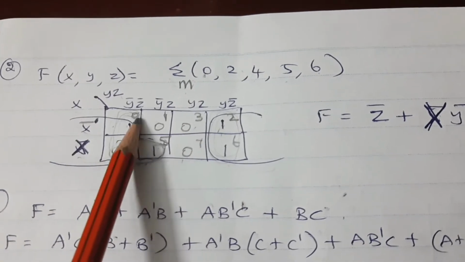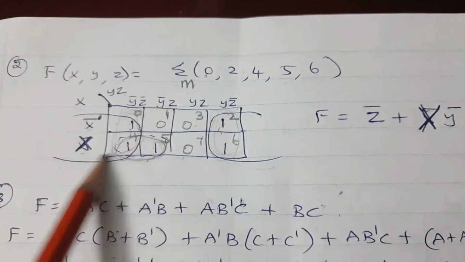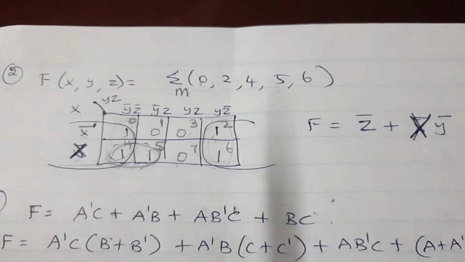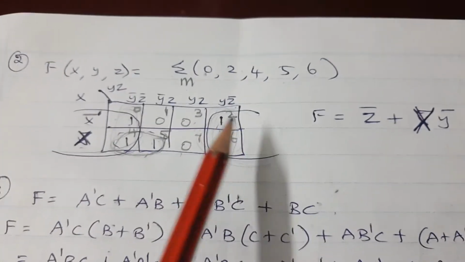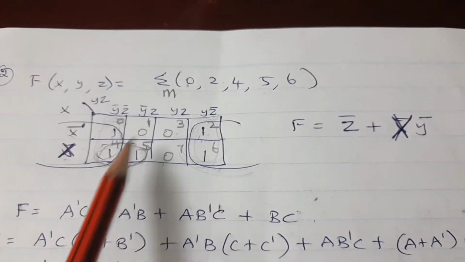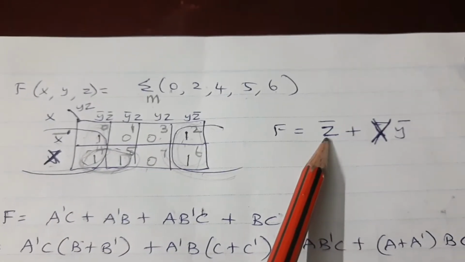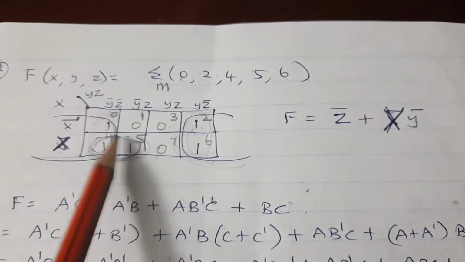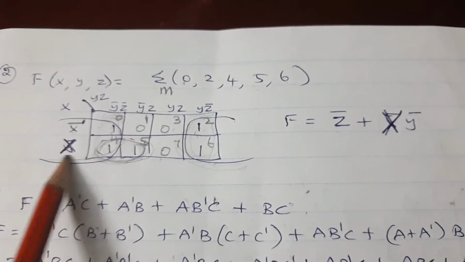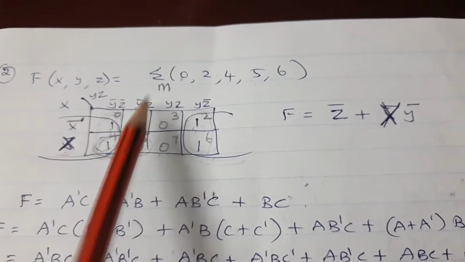So instead of doing these two single combinations, I can fold this very well. Since it is on the edges, I can fold this and make it into a quad. A quad will produce only one variable. Okay, now you take this variable. After mapping this, you need to write down the equation. So take this one. The common term is x. What is the common term here? Y bar. Therefore, the answer is x into y bar.